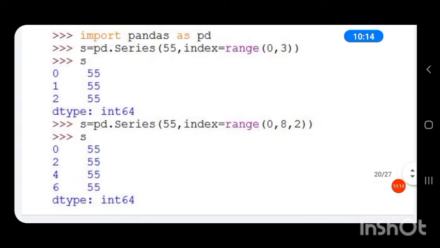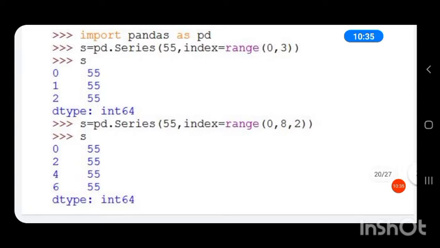Then the next one will be 4, then 6. And here the stop position is 8. That is, we will consider the values from 0 to 7 only. So the range function will generate the values 0, 2, 4 and 6.